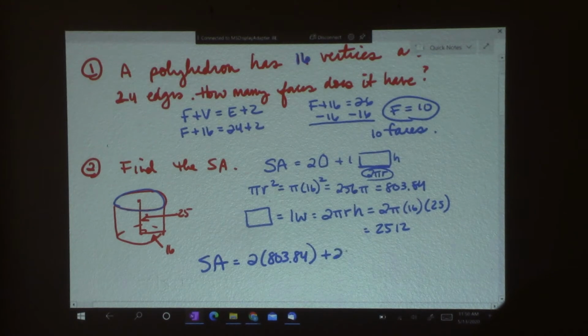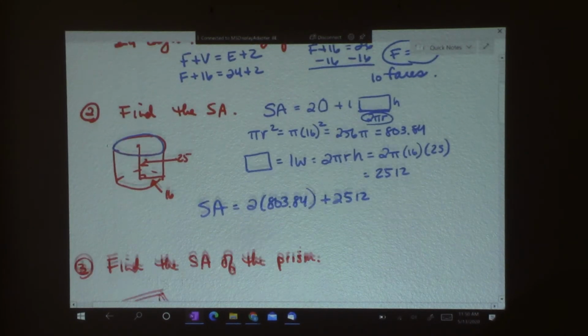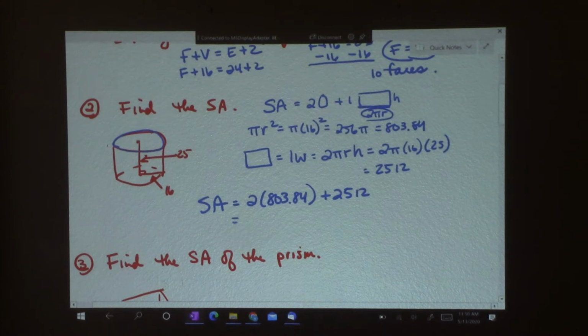and 1 rectangle. So then that's 2 times 803.84, and that gives me 1,600.68. And plus 2,512, and let's see what we get when we add those together. I get